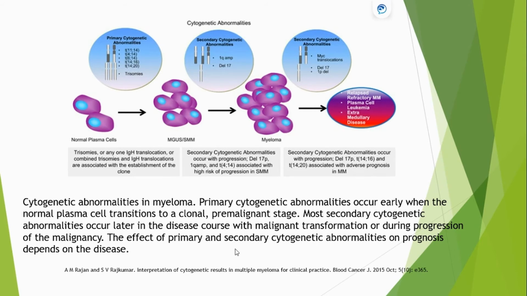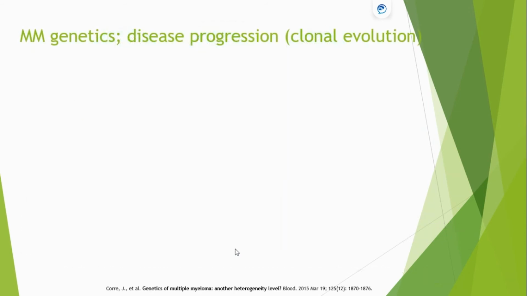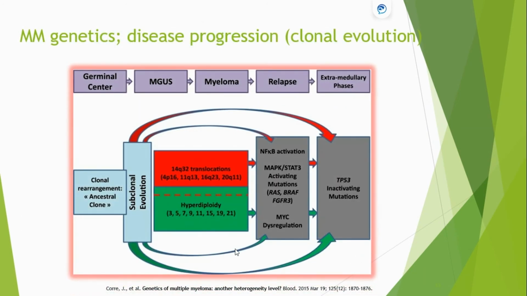On the last box, you can see the secondary cytogenetic abnormalities that occur with progression. Here you have the relapsed or refractory type or plasma cell leukemia. These are more of those secondary changes. Some of the rare ones can occur at this point. What happens to the cytogenetic abnormalities in those stages? As you can see in the middle of the illustration,